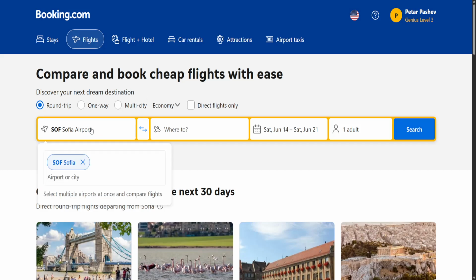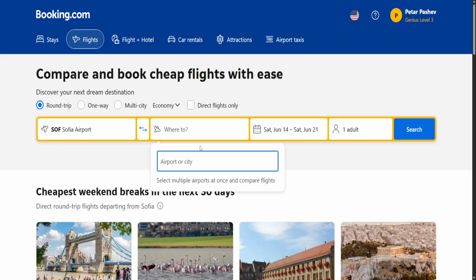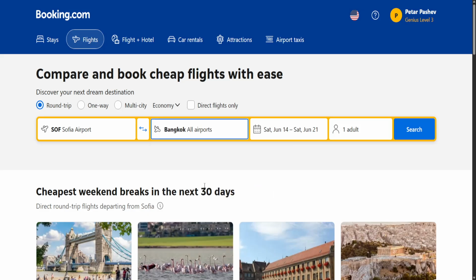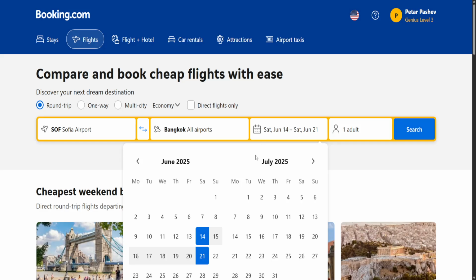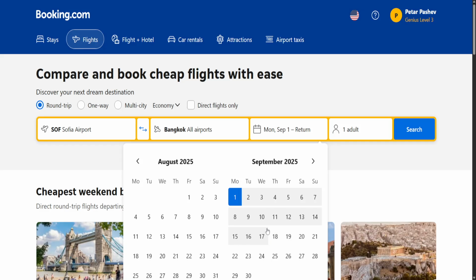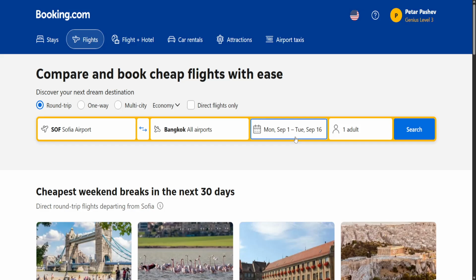First, you will need to put the airport which you will be flying from, and where do you want to go. Let's say that we want to go to Thailand. So let's do Bangkok here, and you will also need to set the date. So we will do this in September, and also the first time you click is going to be the takeoff day, and the next time you click off is going to be your return date, much like the hotel booking